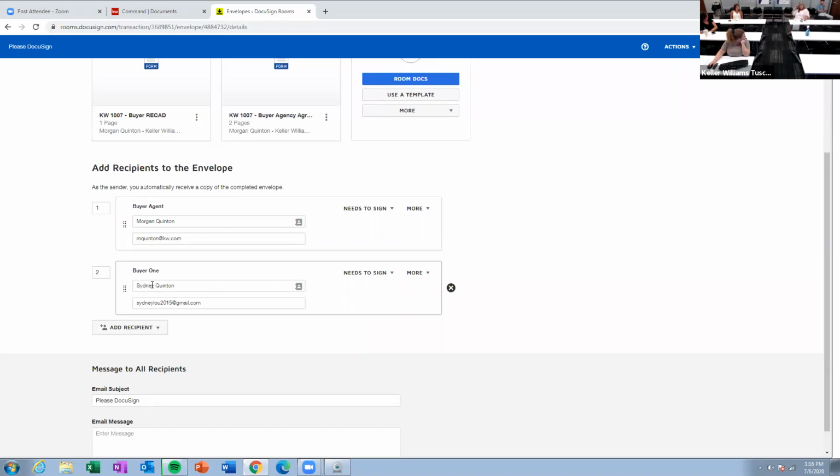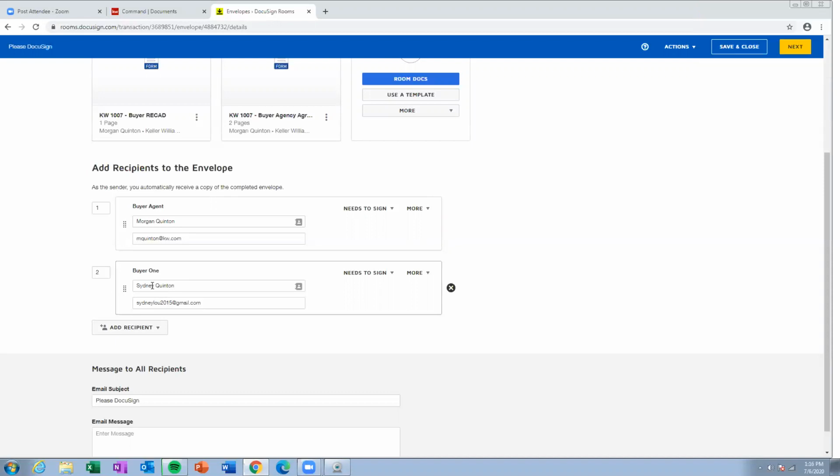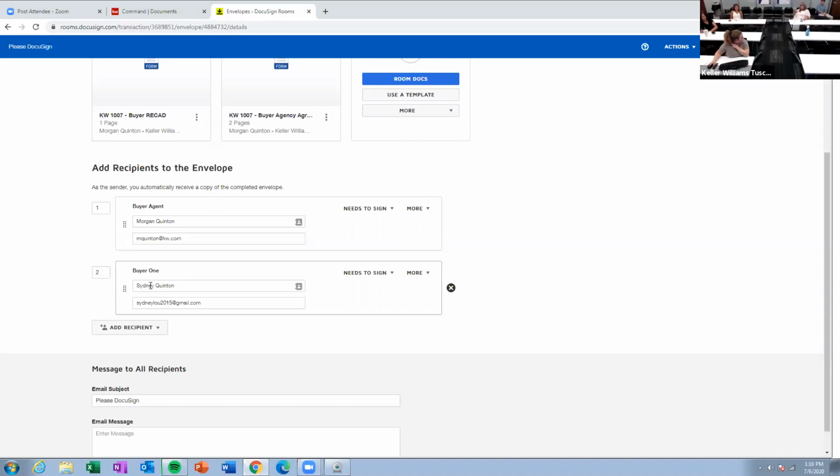What if you have, are you able to add the other side of the transaction people so that if they need to initial or sign something, you can add them to sign after, like another agent or a document? You could. I would recommend uploading that document and then doing it, not necessarily sending it out this way. So I can show you that way here in just a minute. You would have to upload it because it would come from the linker, so it wouldn't be an automated form. Right, in a lot of cases. So you can, and this might be jumping ahead, but you can add somebody from the other side of the transaction, no matter if it's FHA. Yes, that's an example. You can add somebody right down here by the email address